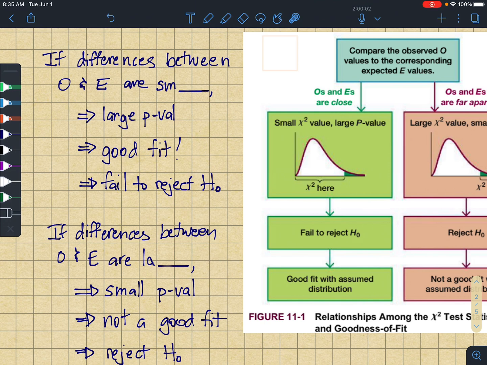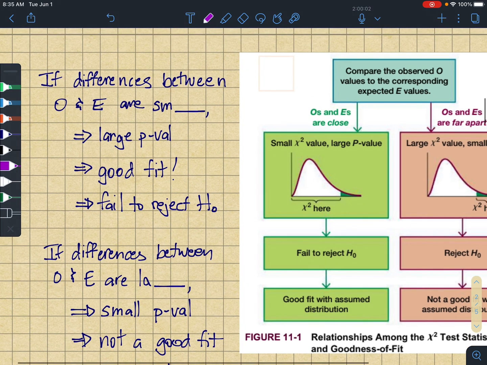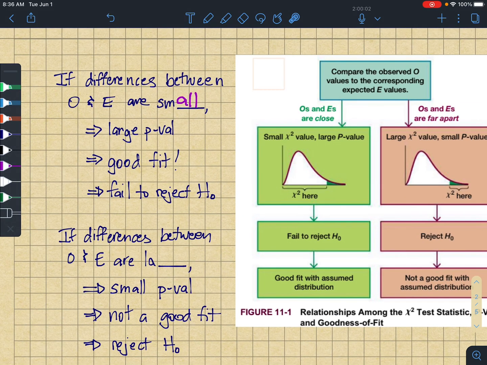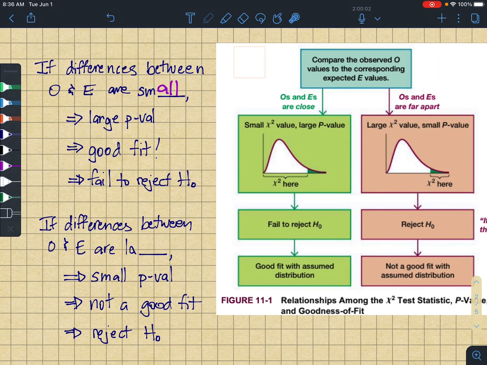And here's now the decision making when you are done with your test. If the differences between the observed and expected are small, then we have a large p-value and it's a good fit. You fail to reject H sub 0, okay? So that means that you are in this region here, okay? If the differences between O and E are large, then we have a small p-value, and this is not a good fit, so we reject H sub 0. All right,